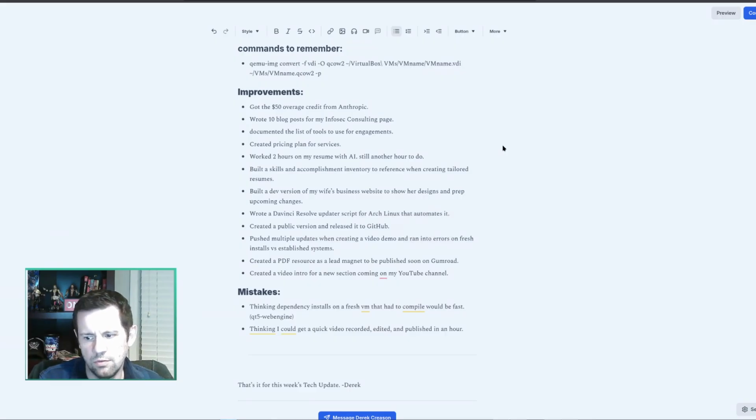And then also you can use the same script to install it. But since it had to compile so many dependencies from source, it ended up taking like 3 hours to compile packages, which I forgot because there's so many dependencies on DaVinci Resolve, because this is a giant video editing software. It's great software, and it works great on Linux too. It just takes a little bit to get it set up, and to get it updated is a bit of a chore. And so this script that automates it is actually really cool, and I'm very proud of it,